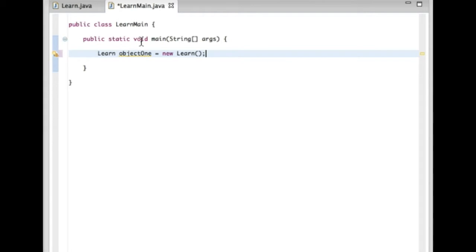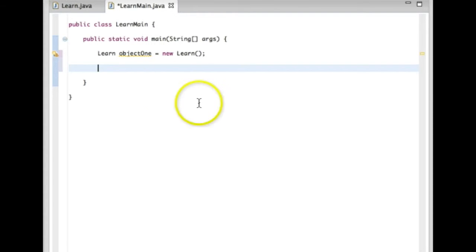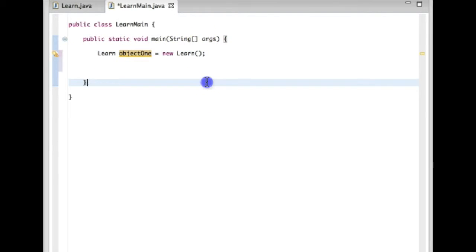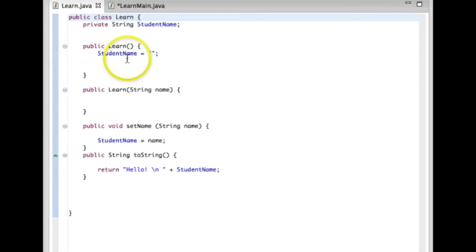Again, with objects, you have to specify the new key with its opening and closing parentheses. So what we did is we created an object that is of the instance learn, and we set empty parameters. And what this is going to do is it's going to access this constructor, or this default constructor that we